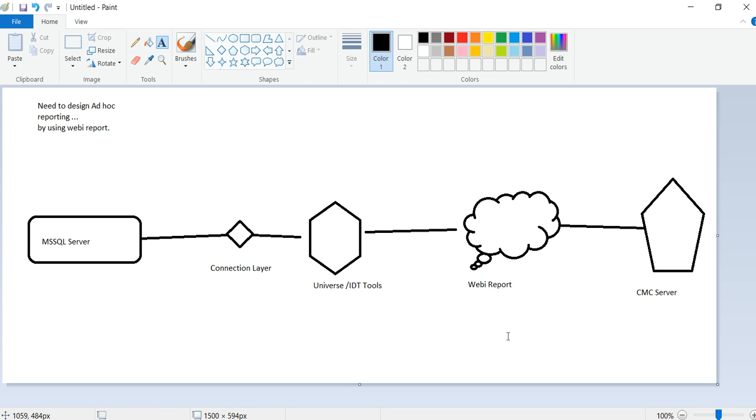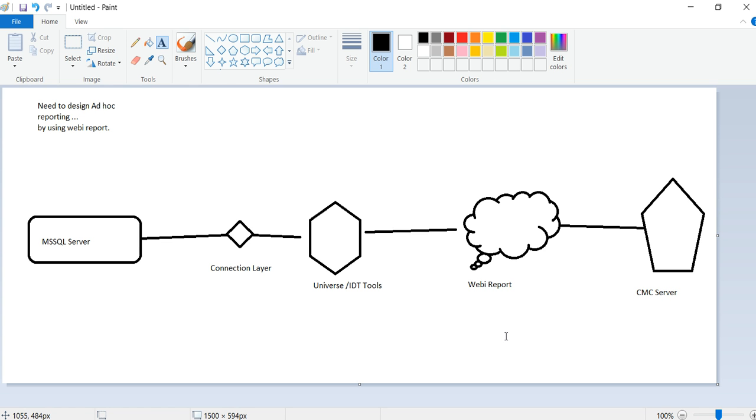But the drawback of Webi report is we can't use Webi report directly with SQL Server. So in that case, we have to design a universe. But the universe needs a connection layer, a connectivity with the SQL Server. So firstly, we will design the connection layer. Then we will get all the objects like tables or views or procedures, whatever objects there are in the database which will complete your requirement.